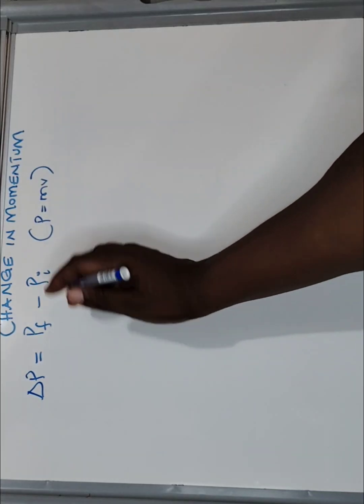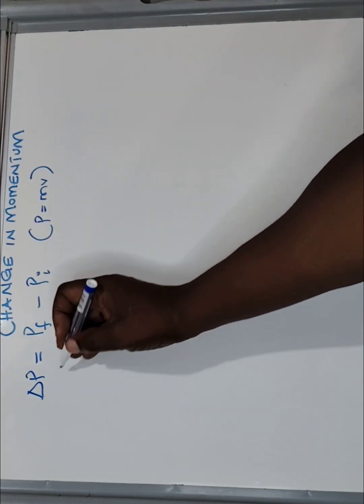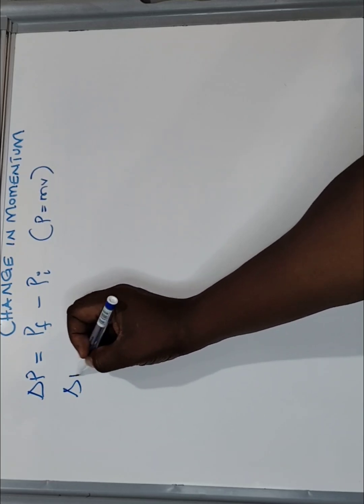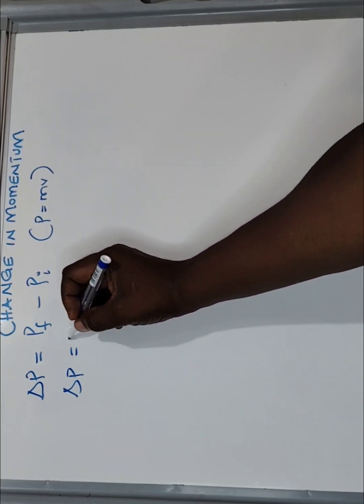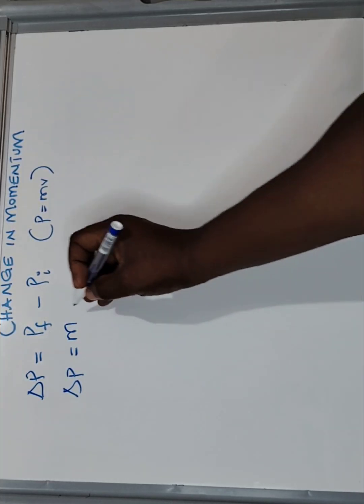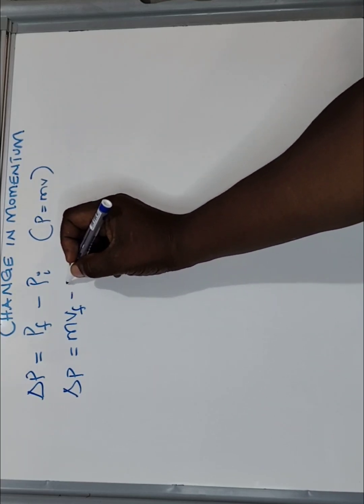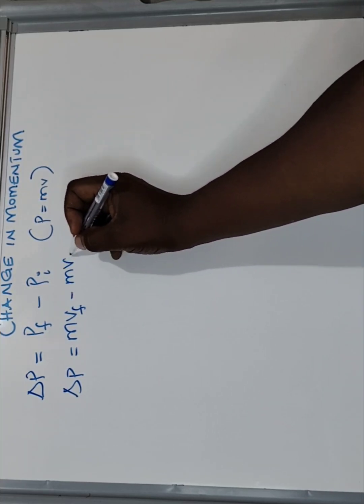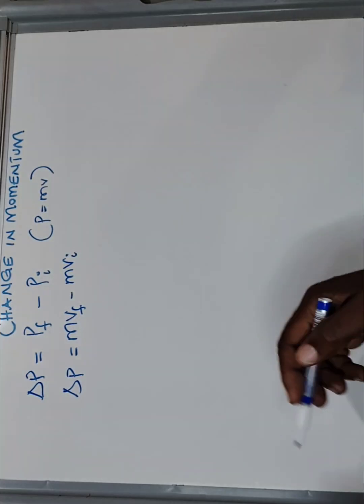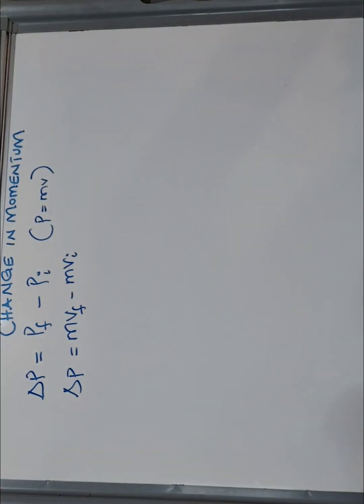So if you substitute for the p final and p initial, you get that change in momentum is going to be m v f minus m v i. And that is going to be our traditional equation